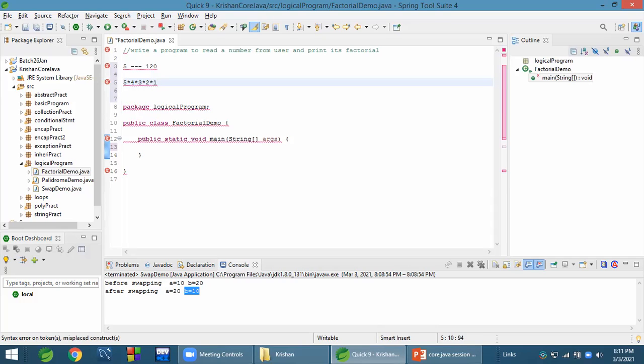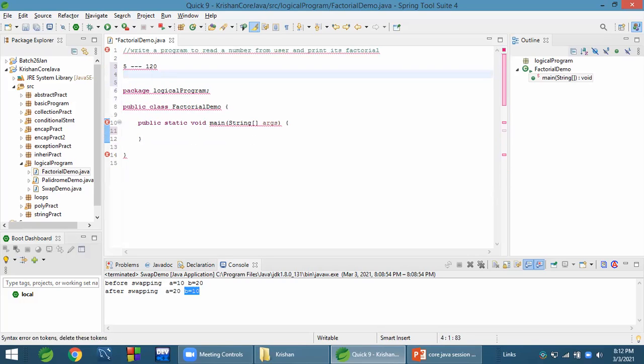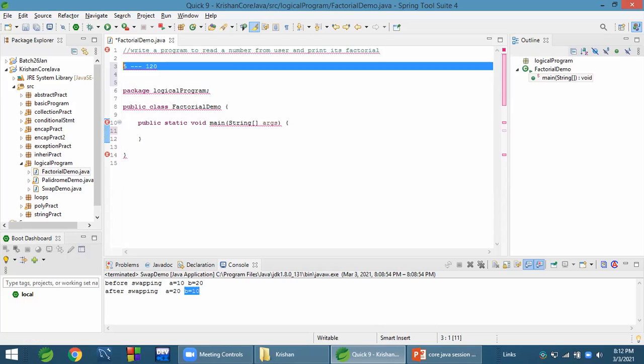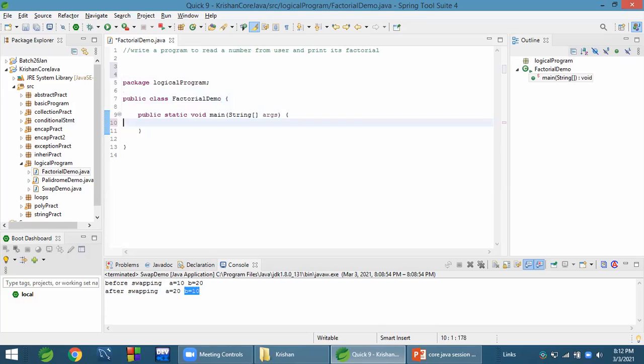When we find the factorial for a particular number, we multiply by those numbers. If the number is 10, then we go down to 1 by multiplying it by 9, 8, 7, 6, 5, and so on. So this is the way we calculate factorial, and let us see how to do that. Suppose there is a number in this variable num.